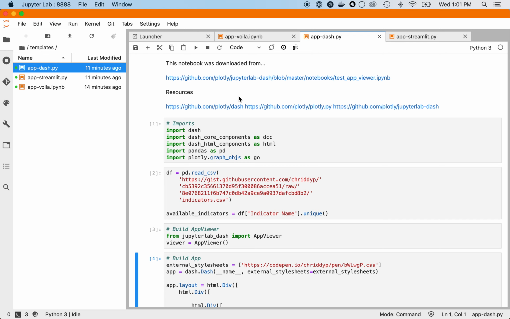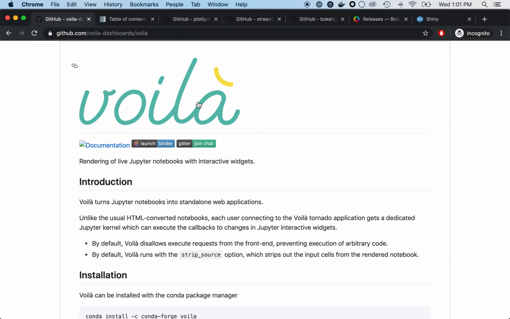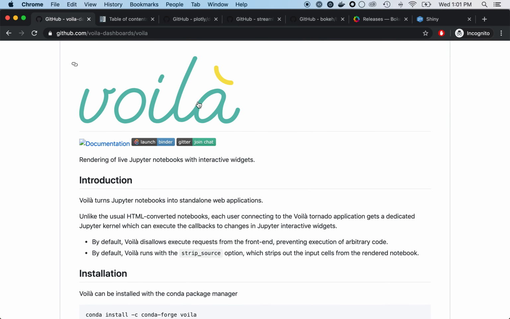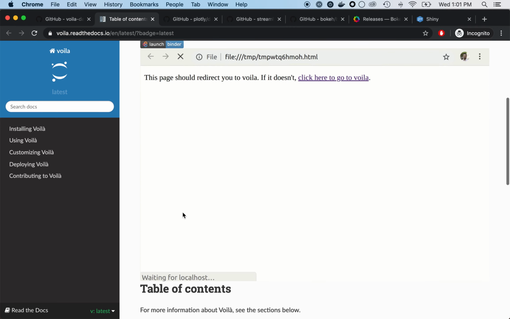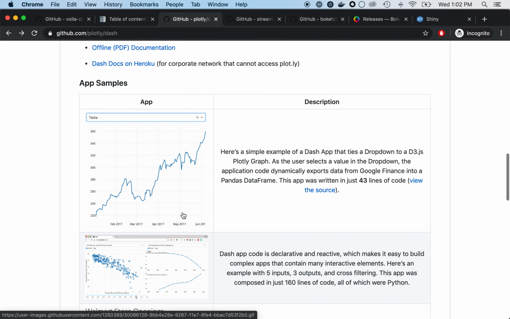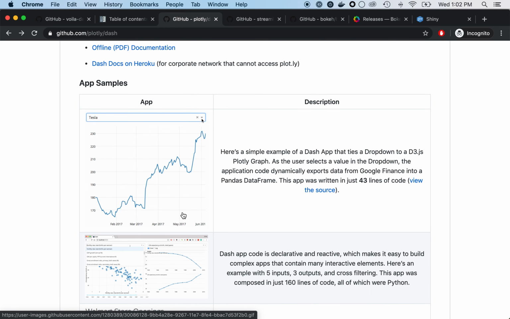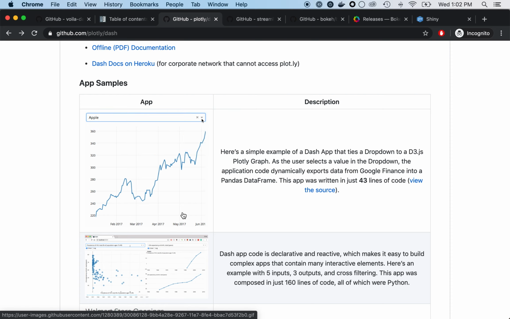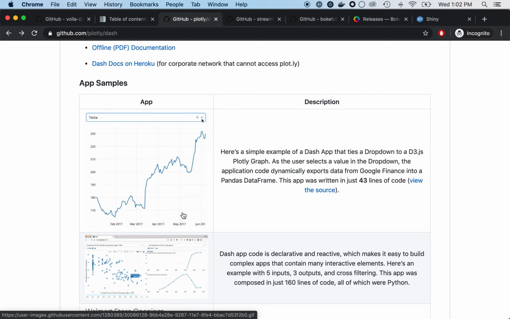So let's look first at the tools. The first one is Voila. This is an interesting tool that is easy to run inside a notebook and is very simple. The next is Plotly's Dash, and this is built on top of a Flask server. That's convenient because Flask is a very popular web server in Python, so it's easy for people to sort of